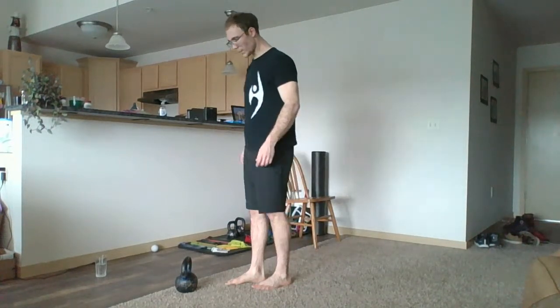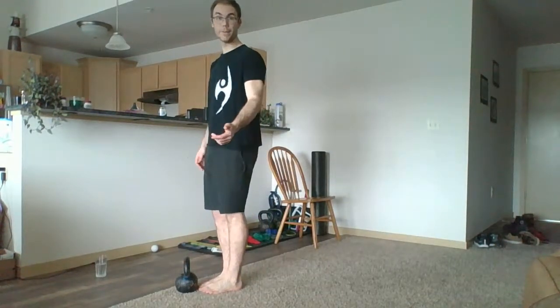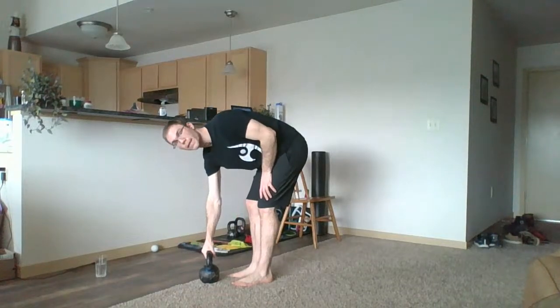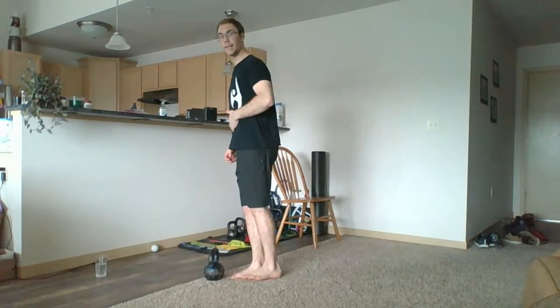So what we're going to do is always start with whatever you want to pick up. Again, if you're a beginner at this exercise, make sure that thing that you're picking up is very light. But you want it to be right in front of your toes. We're not going to pick it up quite yet. Here's what we're going to do. We're going to lean forward